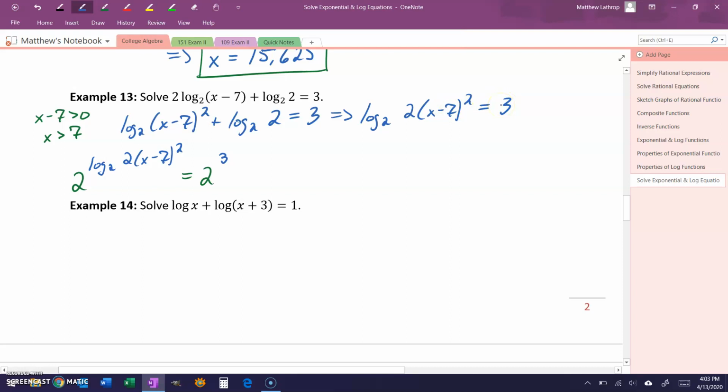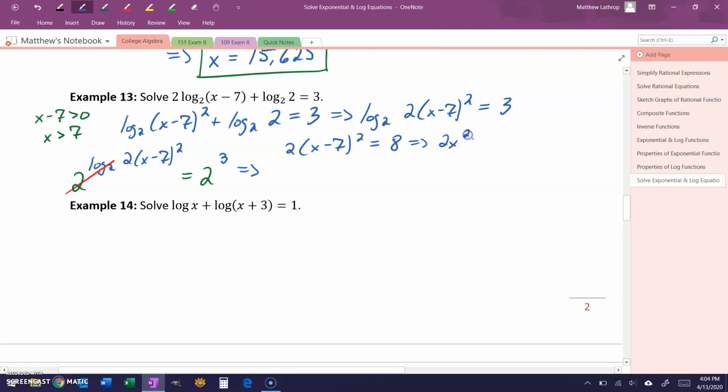And the reason we want to do this is because now on the left-hand side, our exponential base 2 will cancel with our log base 2, leaving us with 2 times x minus 7 squared is equal to 2 cubed, or 8 on the right-hand side. So using the fact that exponentials and logs are inverse functions of each other, we can cancel out that logarithm and now expand what we have on the left-hand side